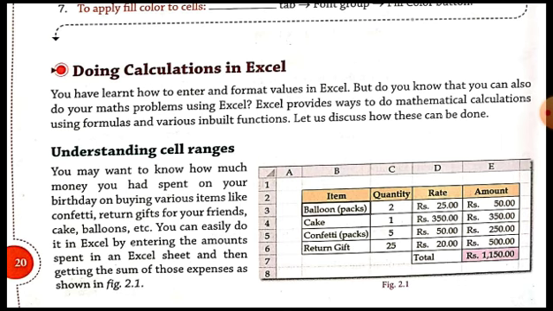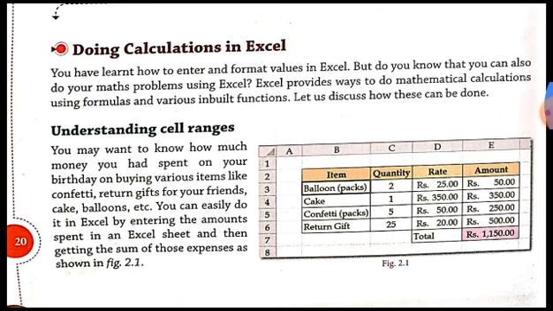Unless and until data is processed, we don't get information. So what type of processing are we doing here? We are doing calculations on the data. That calculation is also a type of processing which we do in MS Excel, and the result which we get after the calculation is the output of that processing. I will not complicate these things, so let us move on with the topic.